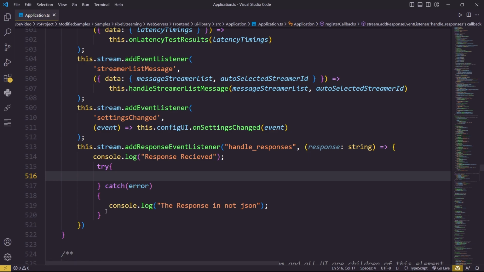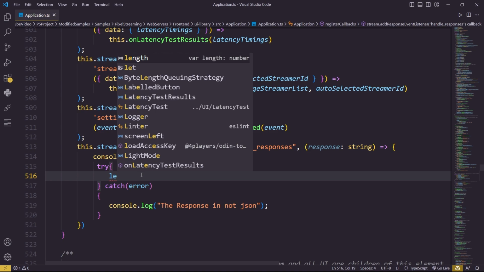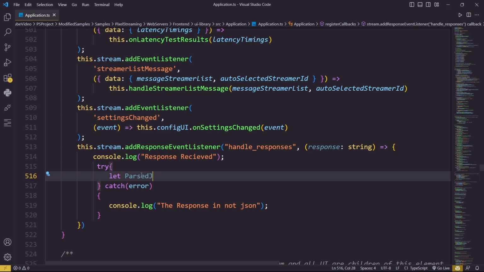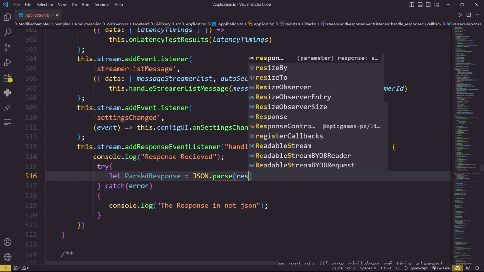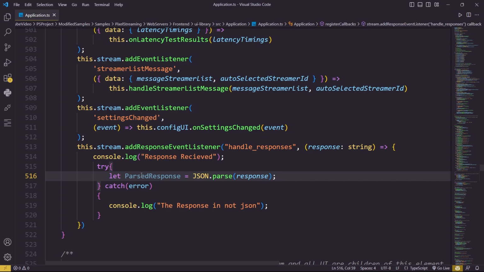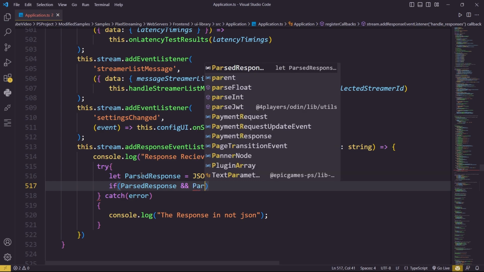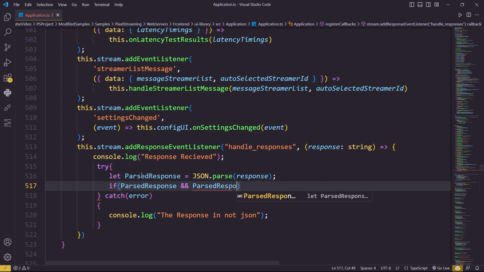So basically, a JSON parser would break this response string and try to get the JSON values out of it. So we will add let parsed JSON, or maybe we can name it parsedResponse, and then JSON.parse in the brackets. We will add the JSON value, which is the response. After this, after we get this parsed response, we will check if that is valid. And if that parsed response is valid, we will check if that parsed response also contains the value that we are looking for, which is in our case